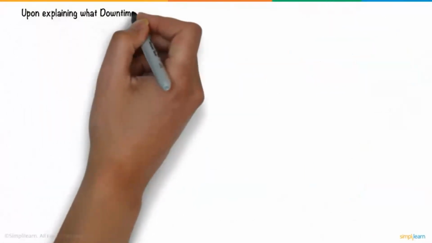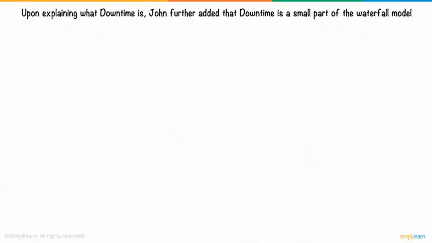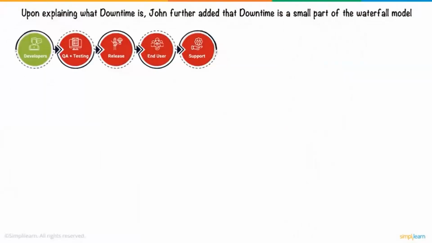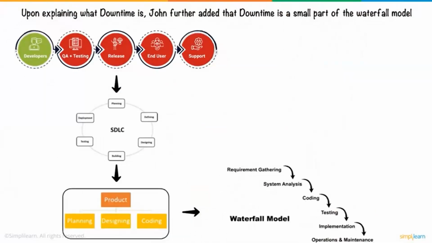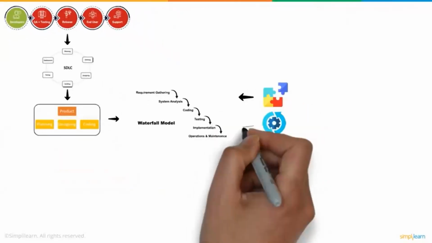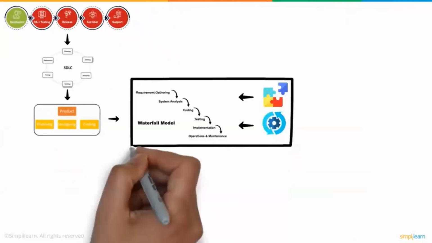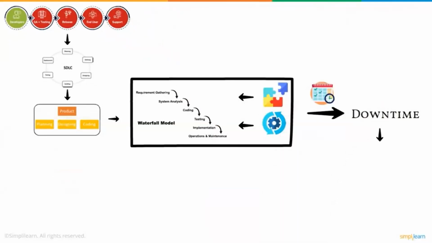Upon explaining what downtime is, John further added that downtime is a small part of the waterfall model. It is the traditional way of developing softwares using a software development lifecycle, where the whole product is treated as one single unit, and the development of one phase starts only after the completion of the previous phase. Adding new features or updating the existing feature in a waterfall model-based product needs a specific time frame known as downtime to avoid disturbance in the workflow of an organization, where applying changes in a waterfall-based product might produce irrelevant